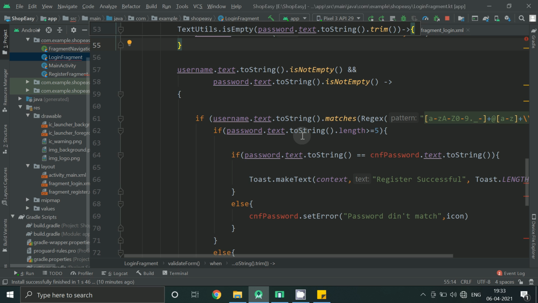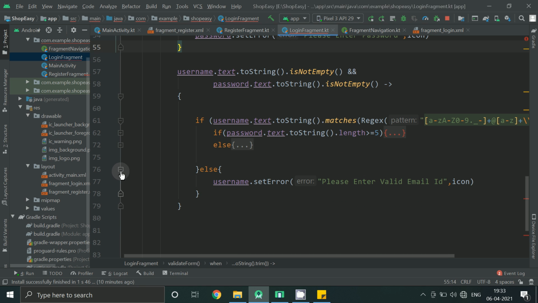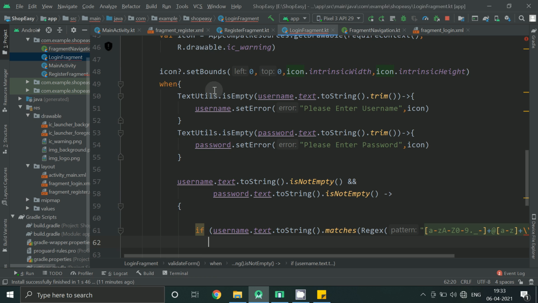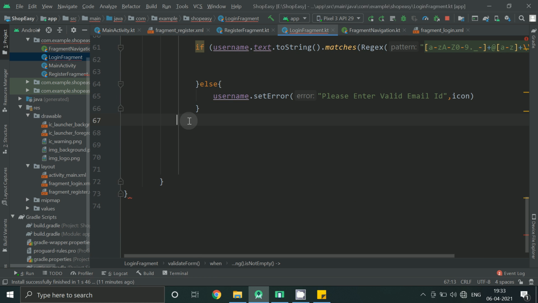We just have username and password. So just remove unnecessary lines.